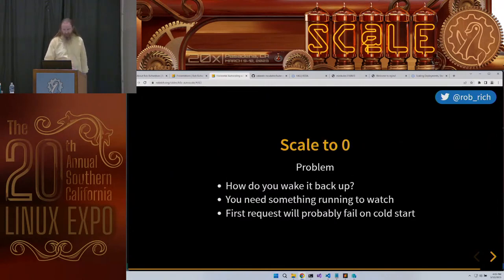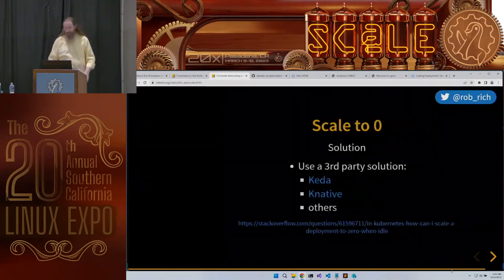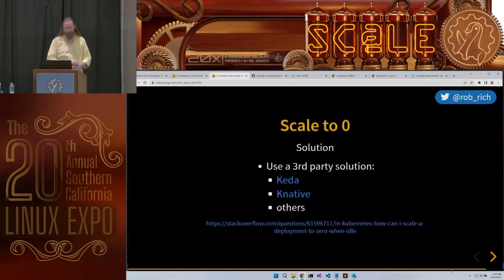So how do I scale to 0? I'll always have something running, but the hard part about scale to 0 is, what happens when that request comes in? What wakes it back up? That's where KEDA is really amazing. KEDA is one, Knative does a similar thing, but KEDA is just amazing at being able to say, okay, I'm going to target based on number of incoming requests, and when there aren't any, I'm going to turn the service off.